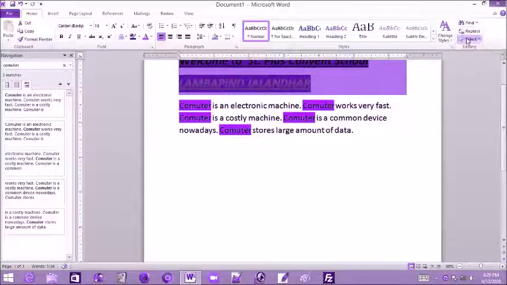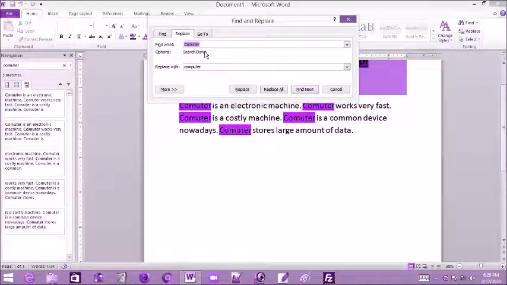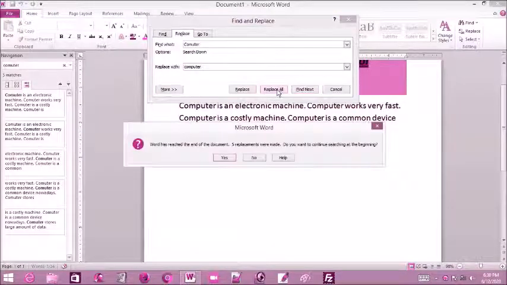So now we want to replace these selected, highlighted words with something else, with the correct spelling. So we have to go to the Replace option in the same group. We want to replace this word commuter with computer, right? Computer. Here we have some options: replace only one word or replace all the words. So we want to replace all the words.